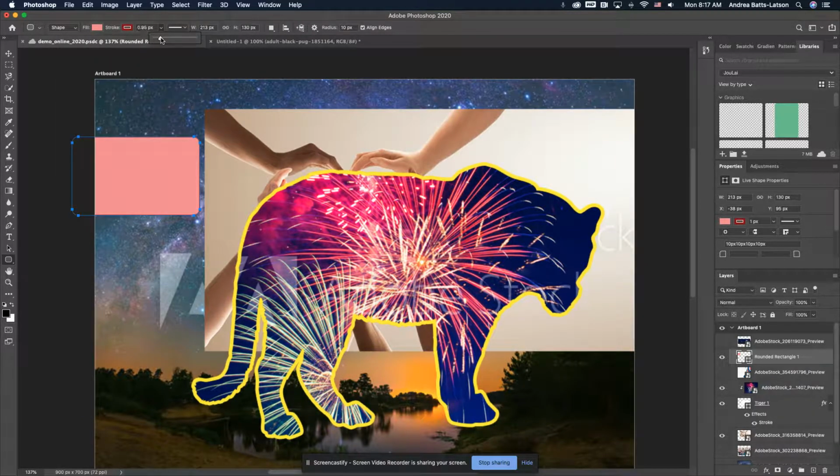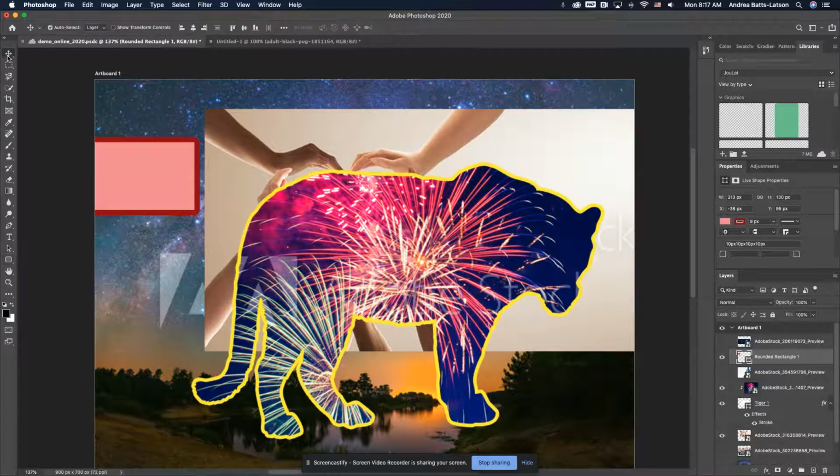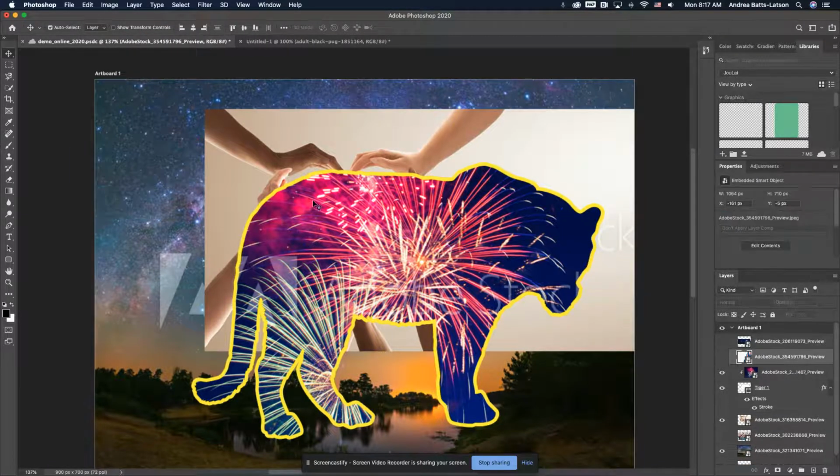I could go in and boost that stroke up a little bit. And so now I have a stroke. By using the scrub, I can scrub to a different size of the stroke if I wanted to as well. So now I have the stroke and I have the fill. So that's pretty much the stroke and fill. Delete that, and then